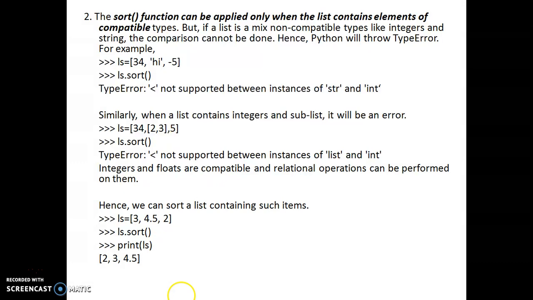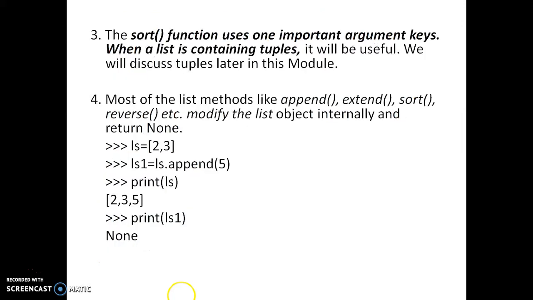So another point here is that the sort function can be applied only when the list contains elements of compatible types. As I said previously, when I took an example here, it contained different types of elements. So all the elements must be of the same type if you want to work with the sort function. Otherwise, it will give an error. The sort function uses